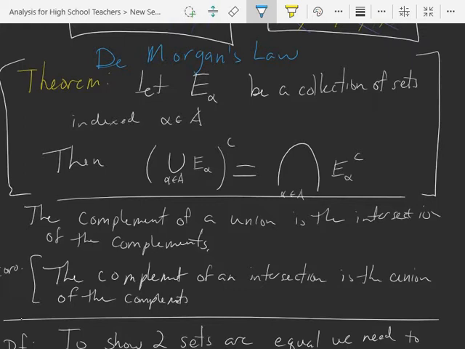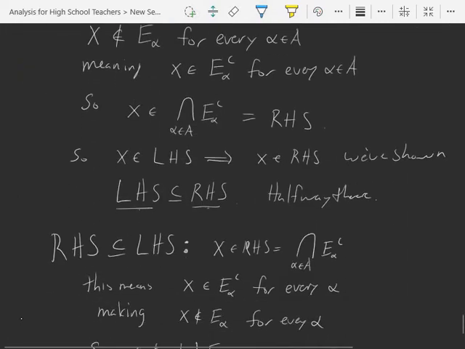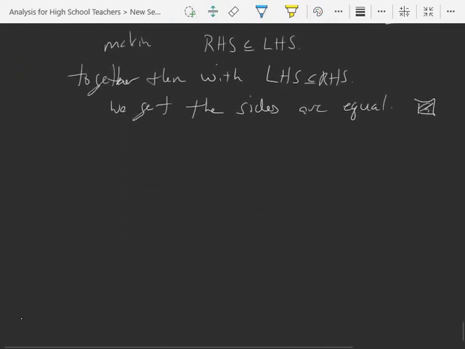It's used in probability quite a bit. So to measure the probability of something not happening or a bunch of things not happening, you can use DeMorgan's laws to calculate those probabilities. But we're going to use that with topology here and show that open sets and closed sets and the like are the same. So an exercise for you,